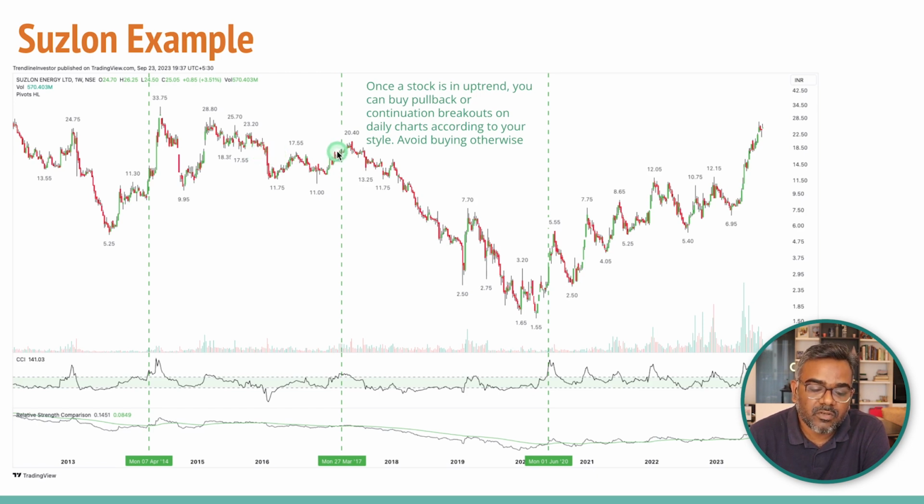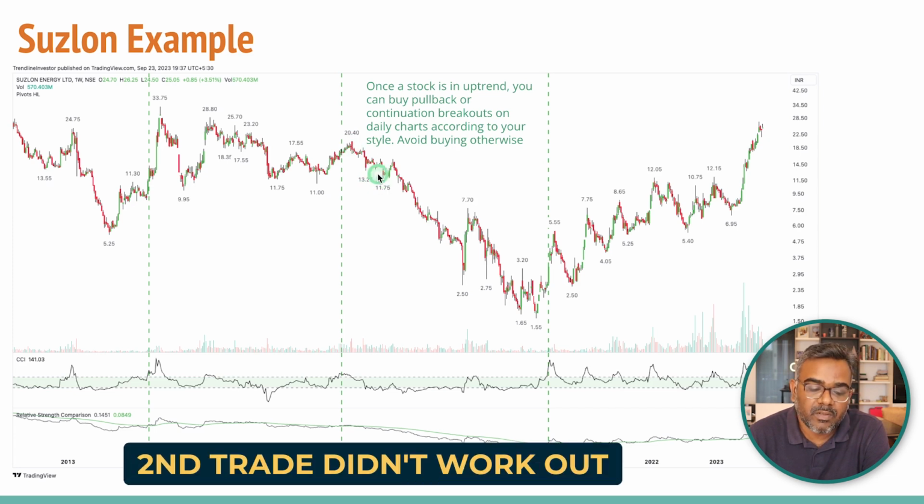Next, the stock again crossed at this point, so again the stock entered an uptrend. We had a price close above this point in March 2017, after 3 long years. And then again this one did not work out, so it went all the way down, and here we had a close below the previous pivot low, so it's an exit.